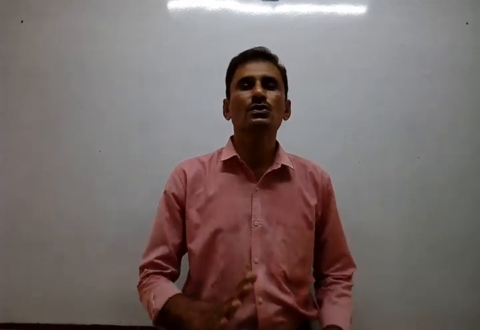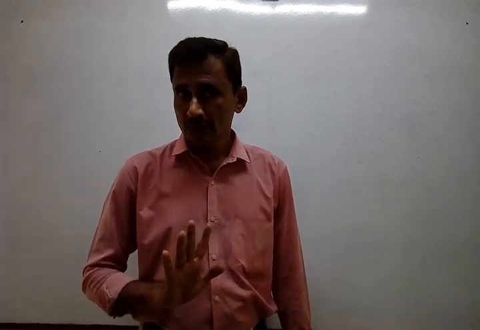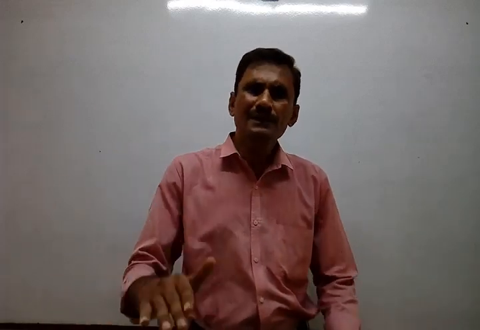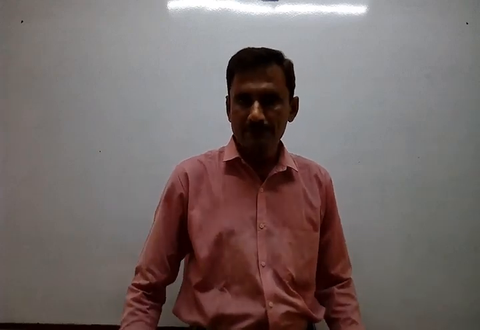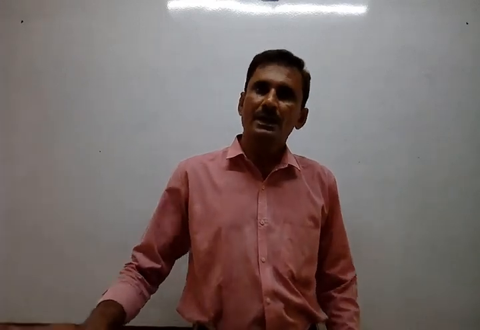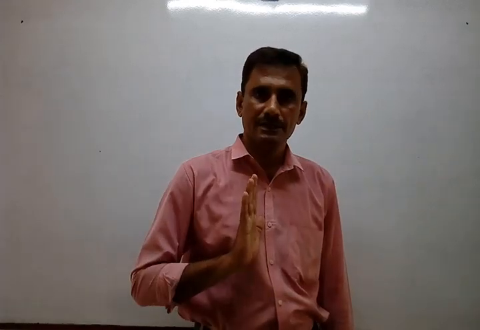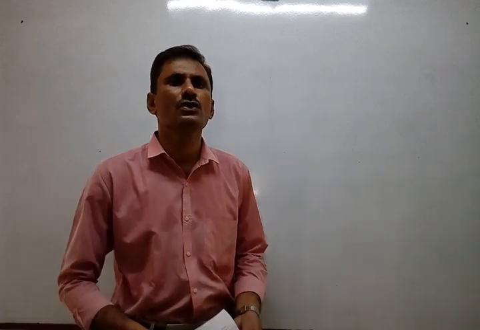So the relation between length and breadth is given, and the area is also given. Now how to suppose? You have to suppose either length or breadth, not both. You cannot suppose here that length is x and breadth is y. If you suppose that way, then also after a few steps you will have a quadratic equation. So no problem. In the exam, if you start by supposing two separate variables, no problem; the quadratic equation will automatically come in front of you by the substitution method. Elimination method will not be possible there because a linear equation will not be there.